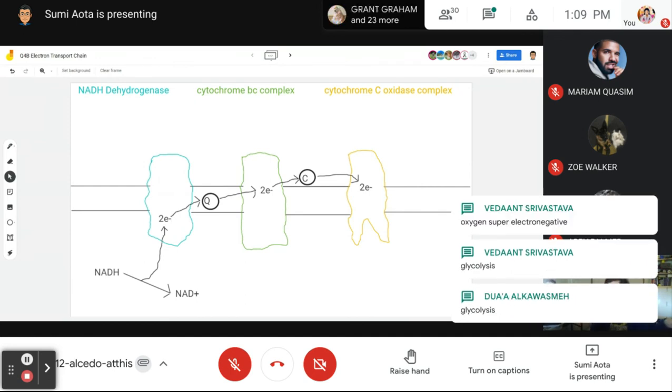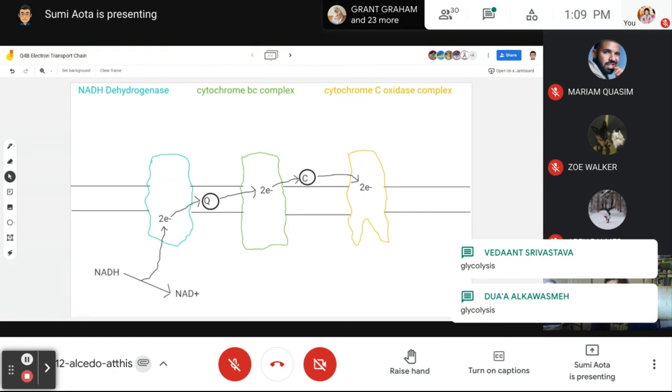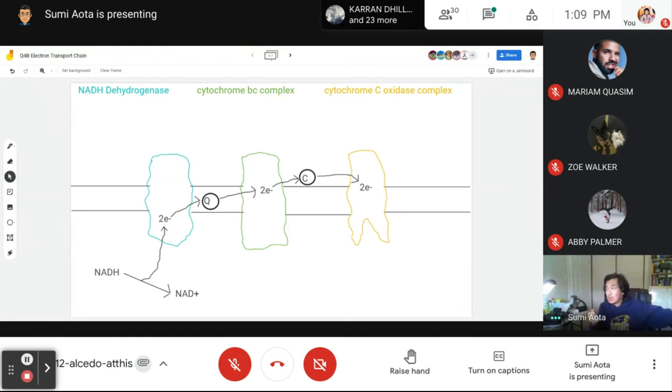Glycolysis is the only one that's left running. And that's why when you don't have any oxygen, you go into fermentation. Glycolysis, everything else has to shut down because there's no way to move electrons through this chain anymore. Okay, that's why oxygen is so important. So to get these electrons off, we have to use a final electron acceptor, and that final electron acceptor is